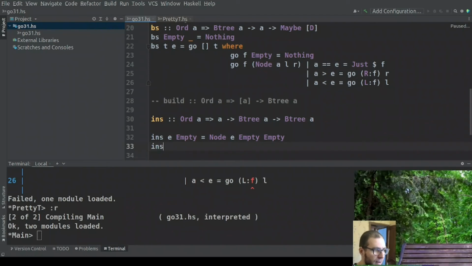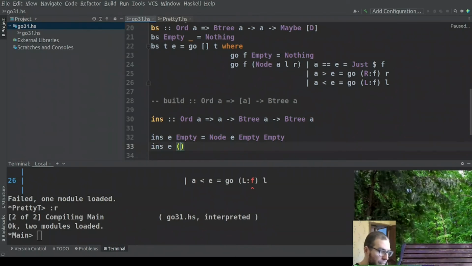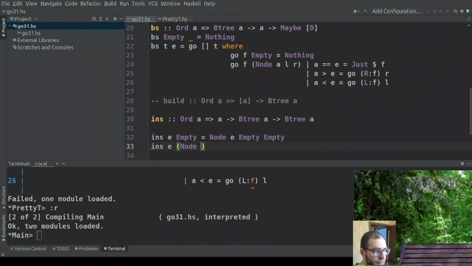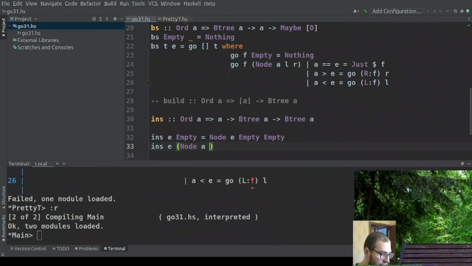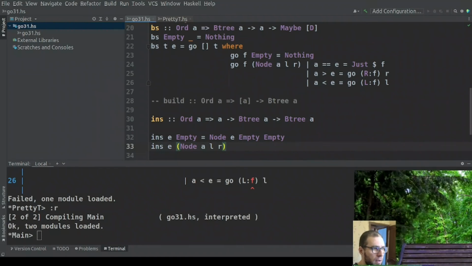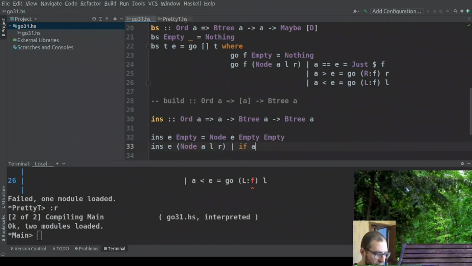But if our tree is not empty, we have some element A and left and right branches here, then we go to some cases from here. If our element A is greater or equal than our element E,